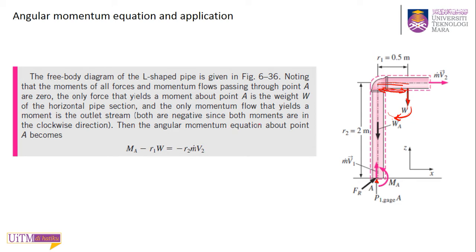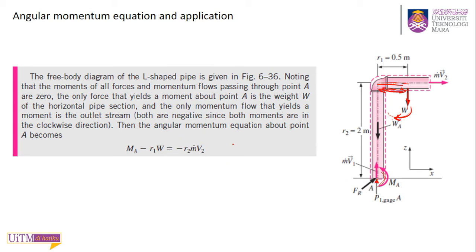Both are negative since both moments are in the clockwise direction. Okay, so this is clockwise direction, so it's negative. You take your moment at point A, counterclockwise is positive, so that's why all the clockwise is negative. Then the angular momentum equation about point A becomes, okay, MA